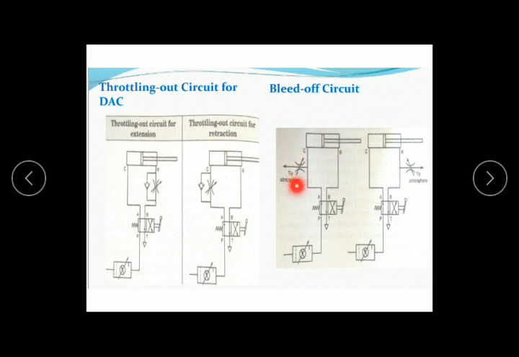because if you close this flow control valve fully, then there will be whole pressure transfer from the direction control valve to the double acting cylinder. But if you slightly open this flow control valve, then there will be a reduction in the pressure from the compressor and less pressurized air is passing through this direction control valve. In this way, by changing the opening of this flow control valve, you can change the speed of the extension. A similar circuit is there for the retraction end.